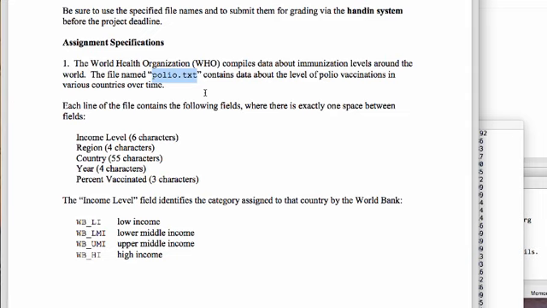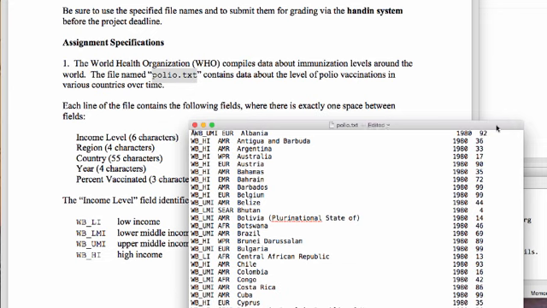Vaccinations have been in the news with these idiots who think that vaccination causes other problems. And so it's nice for us to take a look at something that's controversial right now. And polio has basically been eradicated. It's not something in the Western world that we worry about. With that,